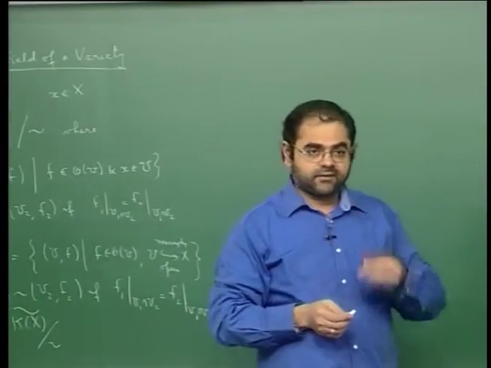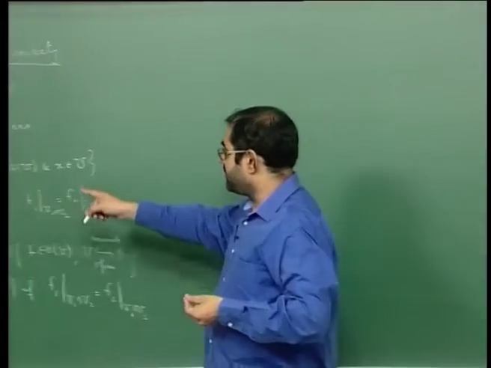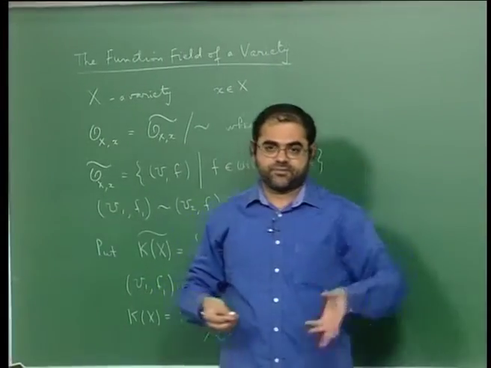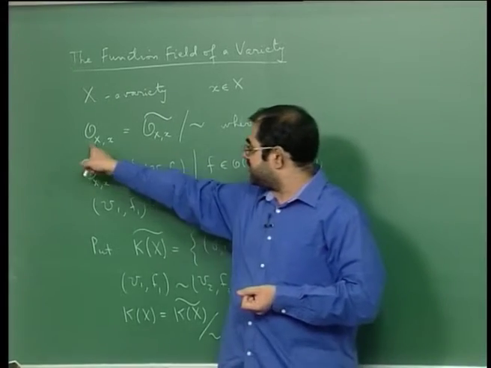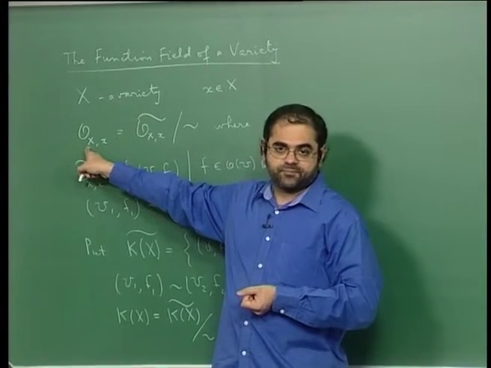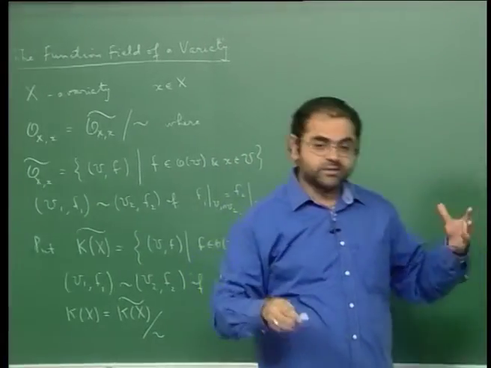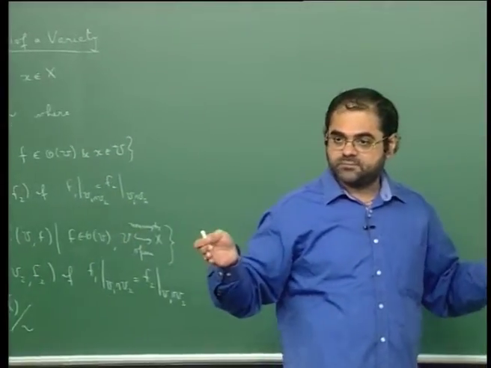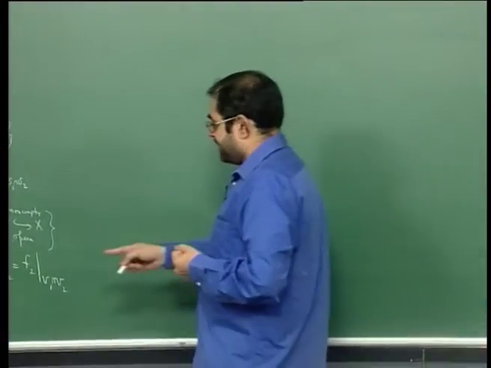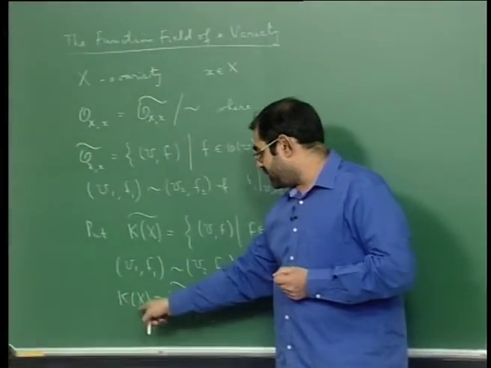In fact the equivalence classes in the local ring were called germs of functions. So this is the set of germs of regular functions at the point x, and every germ is represented by a regular function on an open neighbourhood of the point. Now here we call the elements